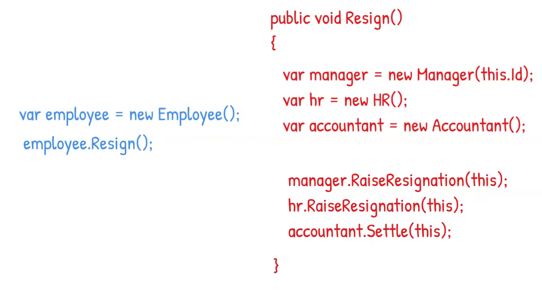Well, this seems to be working code. But if you notice, the employee class is carrying an additional overhead to communicate with a different set of people in the organization to actually execute the process. And that's definitely a disaster for an employee. So this is the first problem. Now let's move to the second problem, where the communication may cause a disaster.